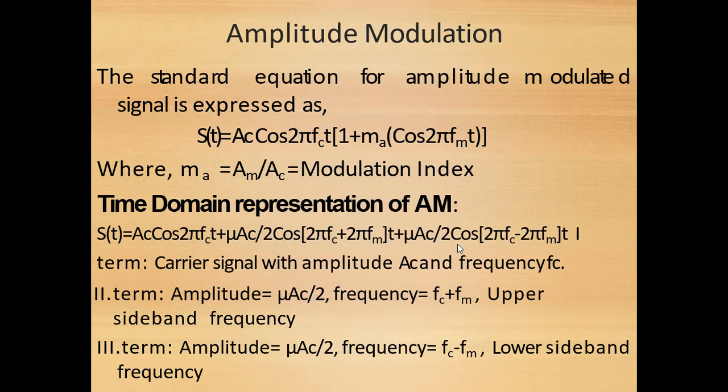Coming to the third term, mu AC by 2 cos 2 pi fc minus 2 pi fm into t, the term represents the lower sideband frequency with the amplitude mu AC by 2 and the frequency fc minus